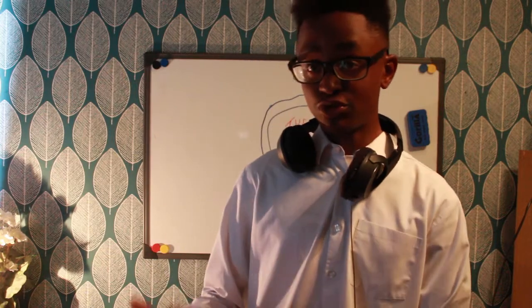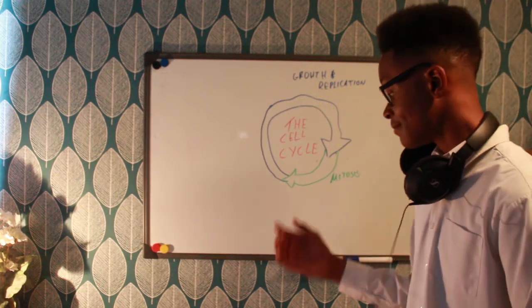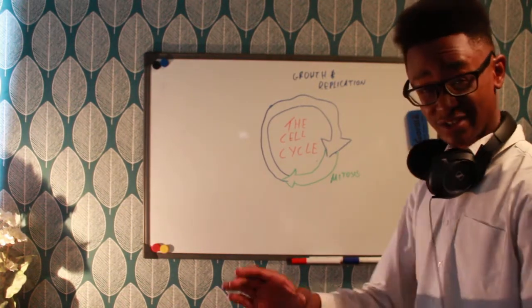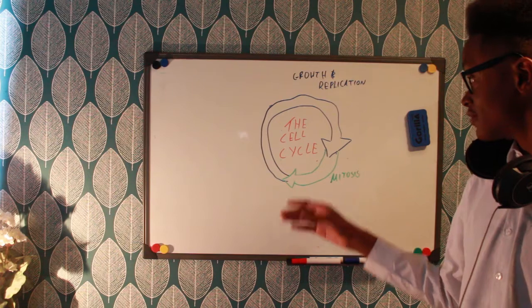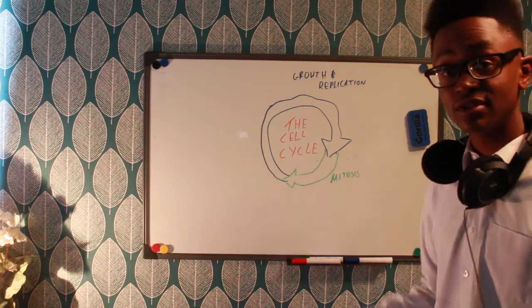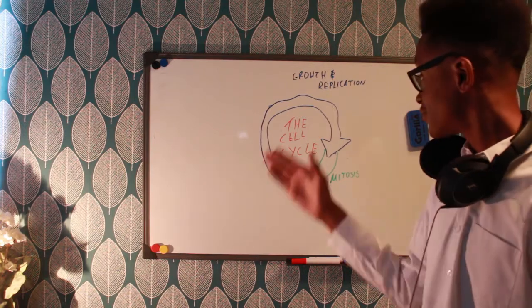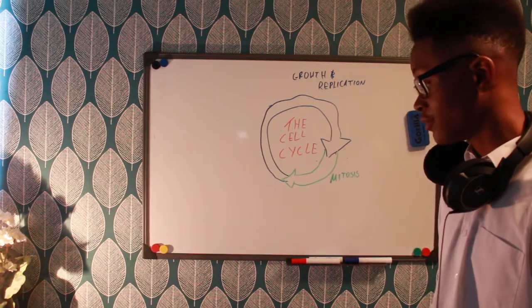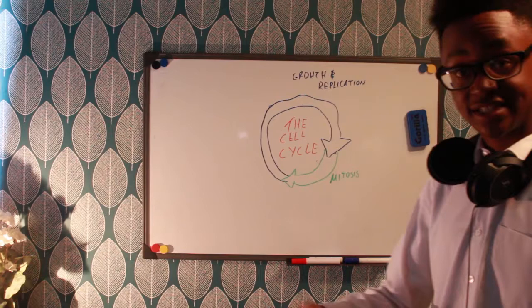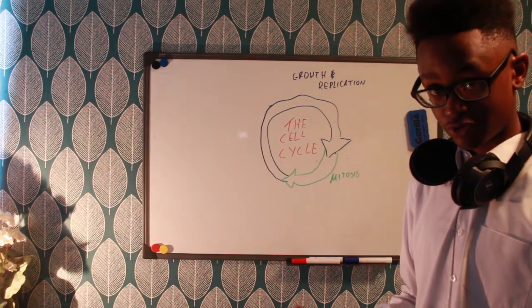This is an example of mitosis. Mitosis is used for growth of new cells, and to replace damaged cells by forming new ones. Now, this accounts for the cell cycle. Mitosis here in fact accounts for a small part of the cell cycle, as you can see right here. However, growth and replication account for the majority of the cell cycle, because the cell takes time to